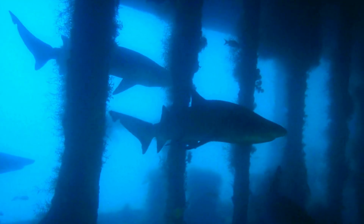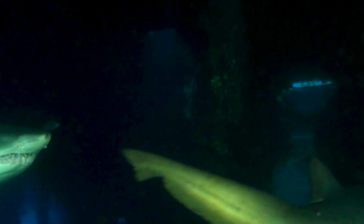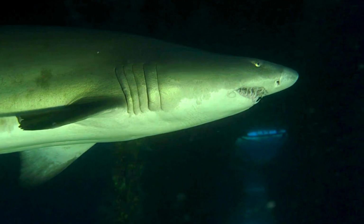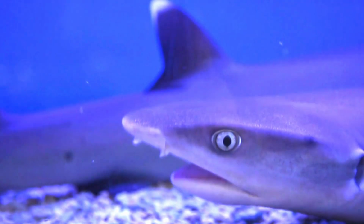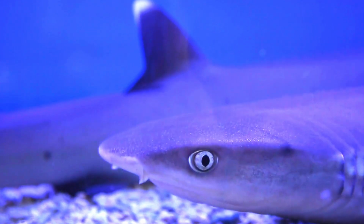6. Diversity of species. Sharks represent an incredibly diverse group of cartilaginous fish, encompassing more than 500 known species, each displaying unique characteristics in terms of size, habitat, and behavior. These extraordinary creatures are found across nearly all the world's oceans, from the frigid waters of the Arctic to the warm, tropical seas near the equator, and in environments ranging from the deep, dark abyssal plains to the sunlit, shallow